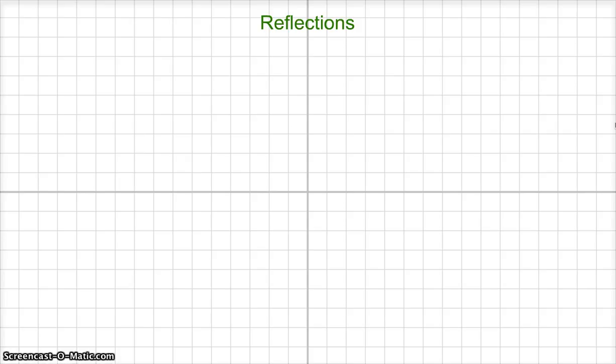So, reflection over the x-axis. This is my x-axis here. Let's say my first point was at 2, 3 here. If I wanted to reflect over the x-axis, I need to see how far away I am from the x-axis and go the same distance in the other direction. I'm 1, 2 away, so I do the same thing in the other direction, 1, 2 away. So right here. And that point would be,